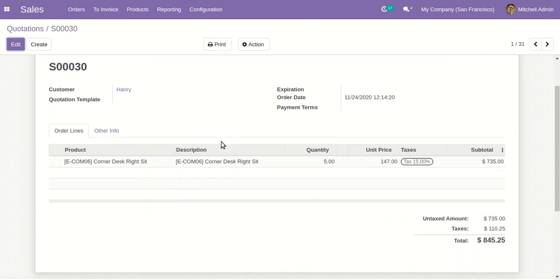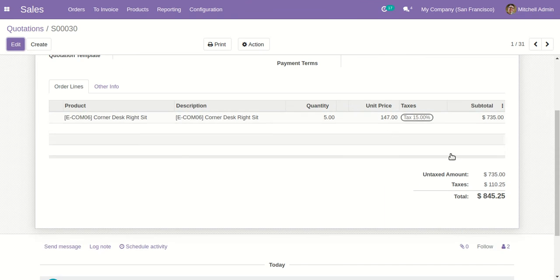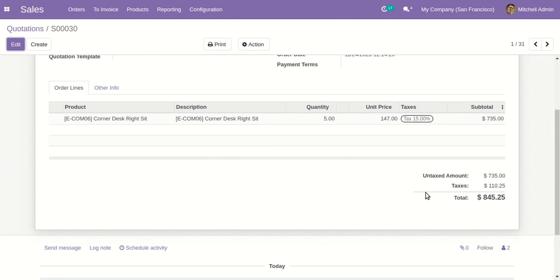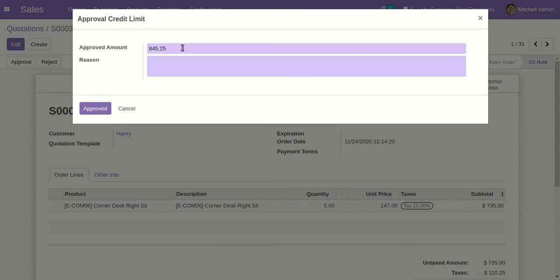Okay, if he wants to approve some of the amount, like $600 or like that, he can also do that. Here you can see, by clicking approve, the system will ask for the approve amount. So according to his choice, he can give a $600 approve amount or the full approved amount. It is also mandatory for him to write the reason, like approve amount.